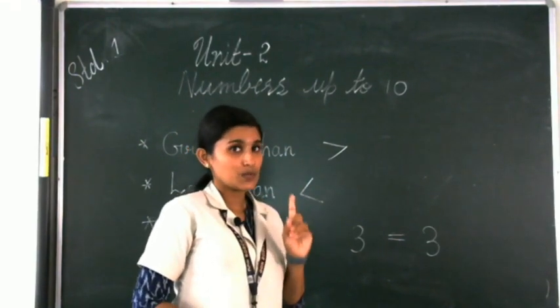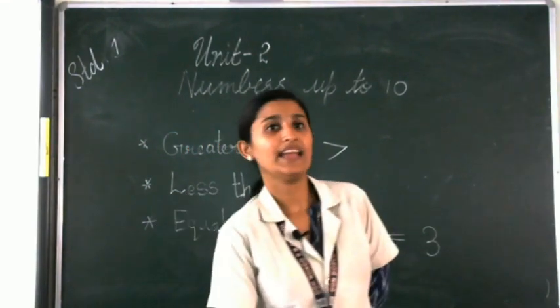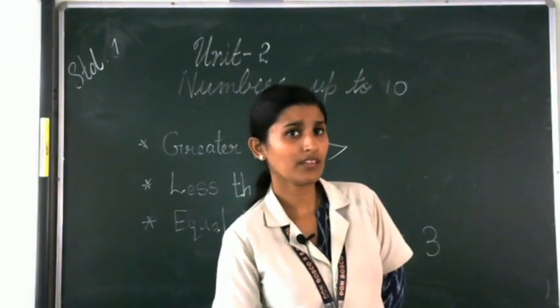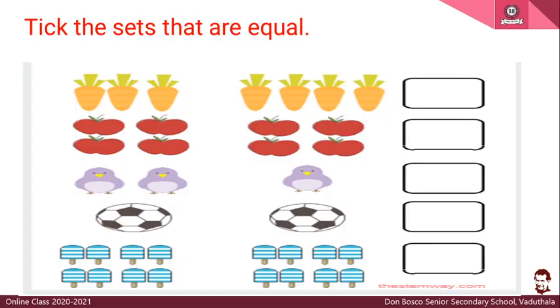Did you understand this one? Yes, very good. Next, look at this picture. You can see some pictures over there, no? Yes, the first picture. Can you see carrots? Carrots are very healthy for us. So, can you count the number of carrots in the first picture? Yes, very good. It is 3. And what about the carrots in the next? Yes, it is 4. Are they equal? 3 and 4. Are they equal?